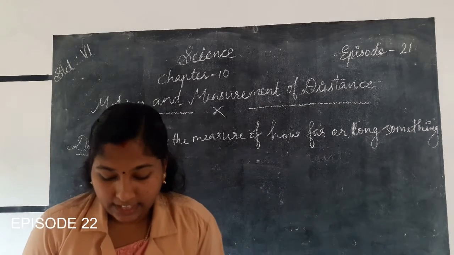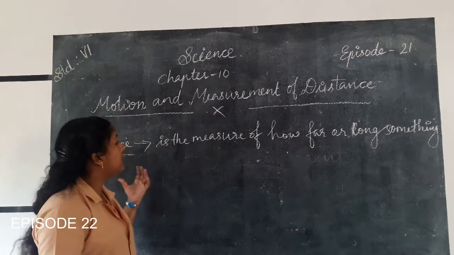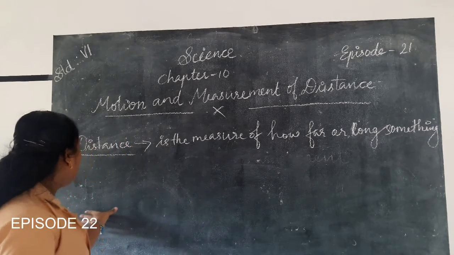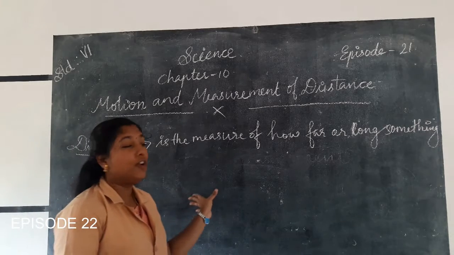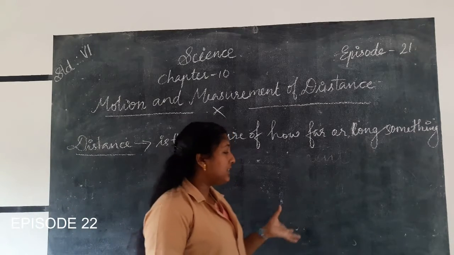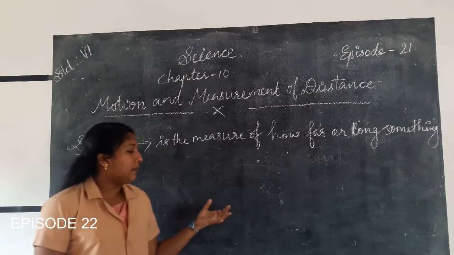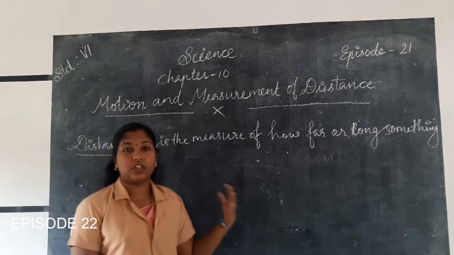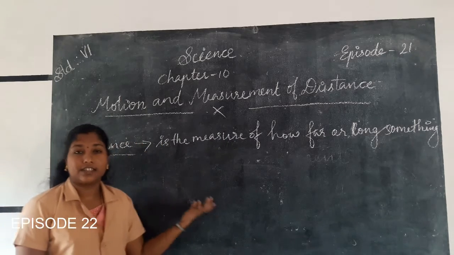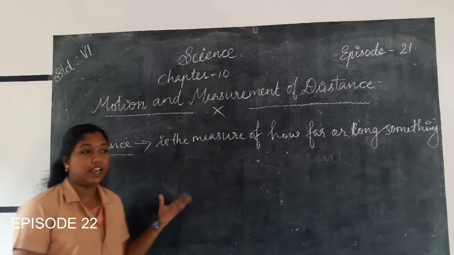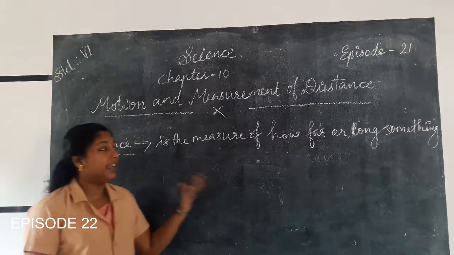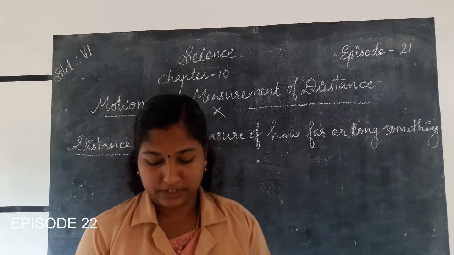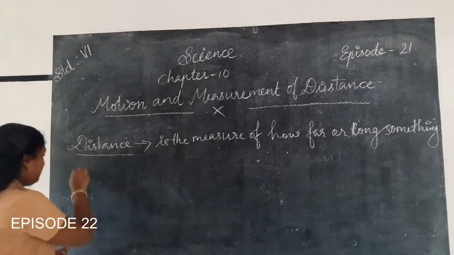Next one, length. Length can be measured in terms of units. We know that we can measure the length of a blackboard. In the ancient period, they used their body parts for measuring the length of something. So it made some uniformity in measurements. So they invented some standard units for measuring. Then they invented the International System of Units, that is SI units, for measuring length, to get uniformity in all measurements.